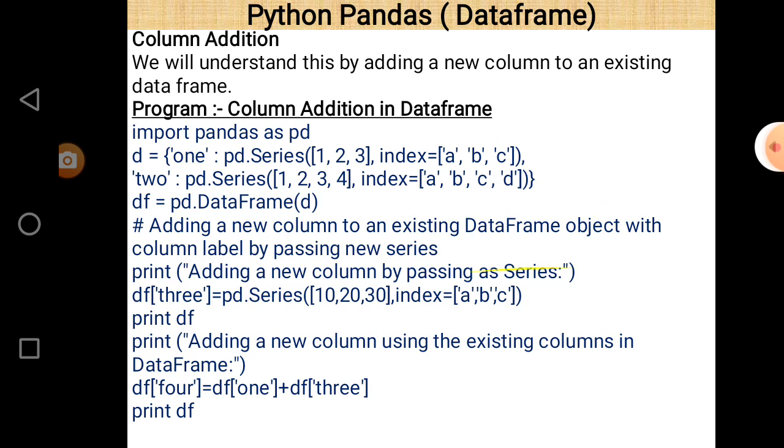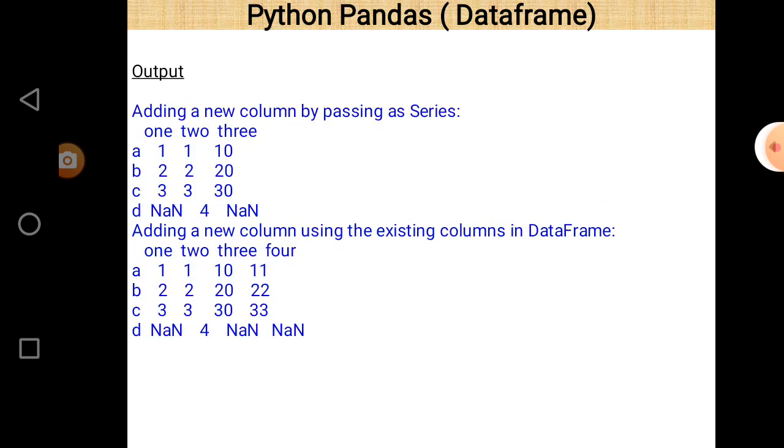That's why 3 will appear here, and for the index value d there is no value in columns 1 and 3. That's why NaN will appear here, and when we add a column 4 which is a combination of 1 and 3,